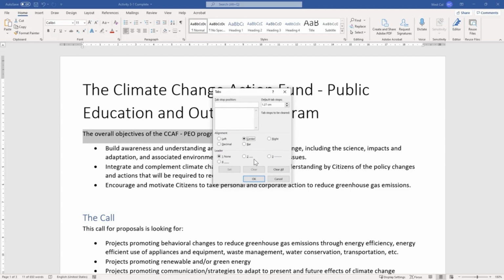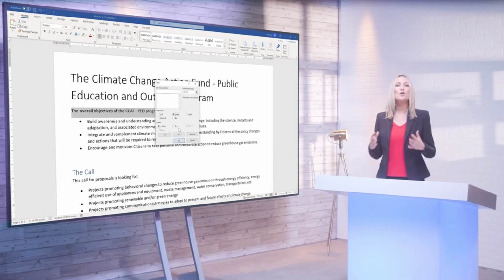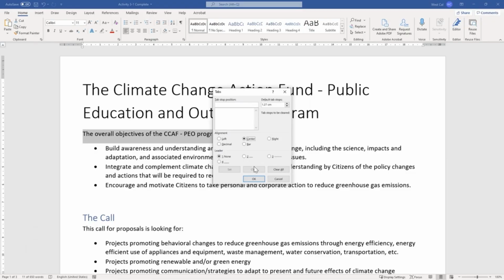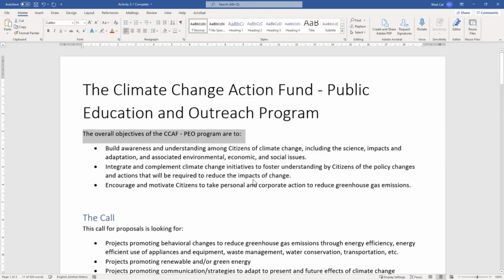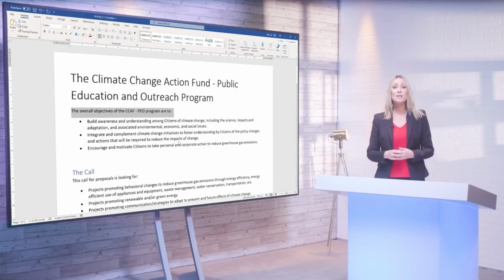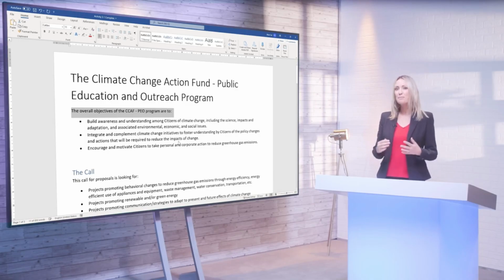You can also clear the selected tab or clear all tabs with this dialog box. Finally, you can also set the default tab stops to whatever interval you desire. When you have finished setting your tab options, click OK to implement your settings or click Cancel to discard your changes. You're now up to speed with using Microsoft Word's text alignment tools to customize the placement of text in